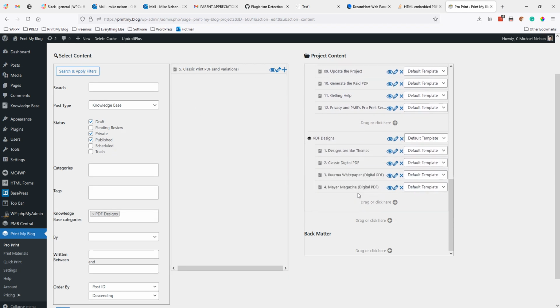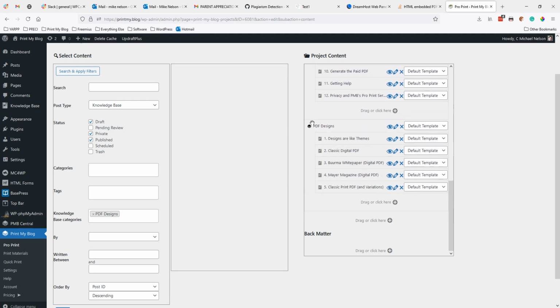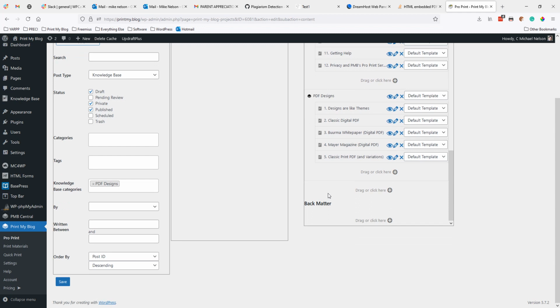And I won't bore you too much with all the other sections of my book. I'm going to have a few more sections. I'll skip those for now. I'll go back and work on those later. The last thing I want to show is some back matter. So I'm going to create a few more